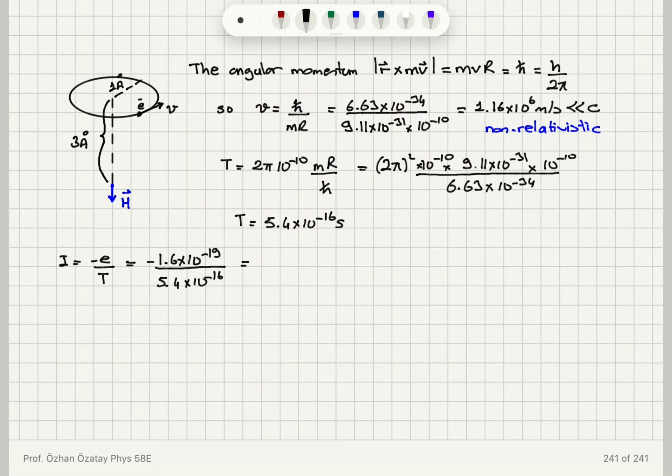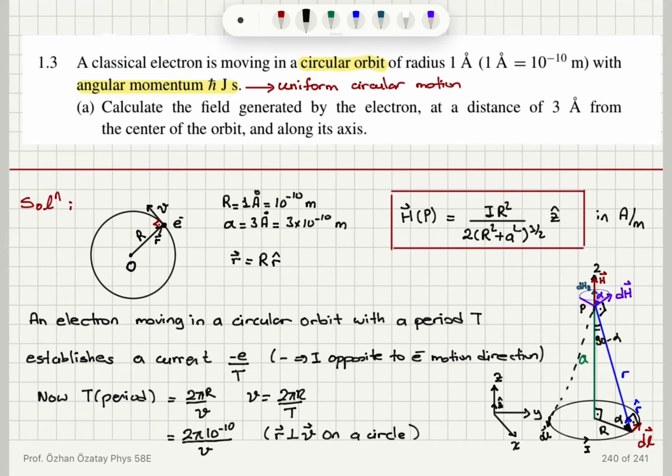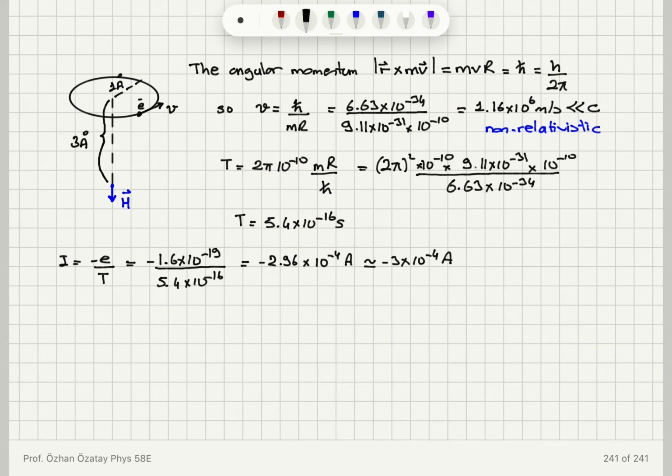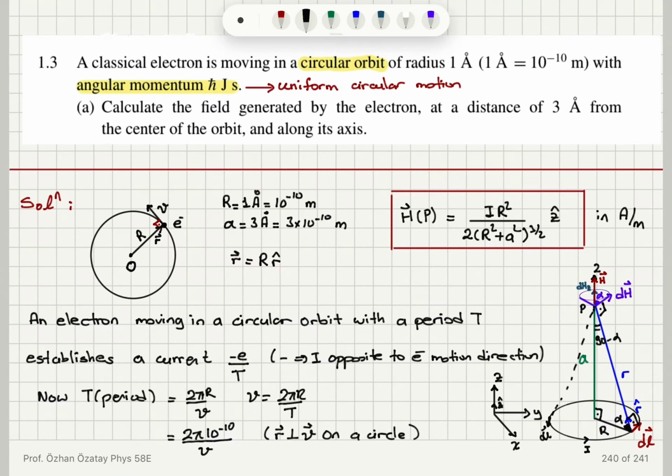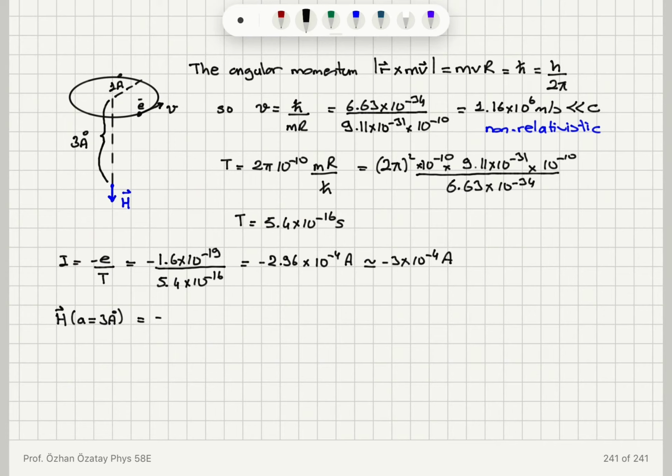That's the period. So this gives us minus 2.96 times 10 to the minus 4 amps, which is roughly 3 times 10 to the minus 4 amps. So we can use the result from the previous problem to calculate the magnetic field. The magnetic field H at a distance of 3 angstroms will be given by IR squared, so it will be minus 3 times 10 to the minus 4 times R squared, 10 to the minus 10 squared, divided by